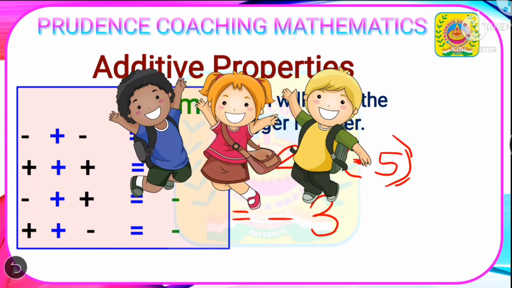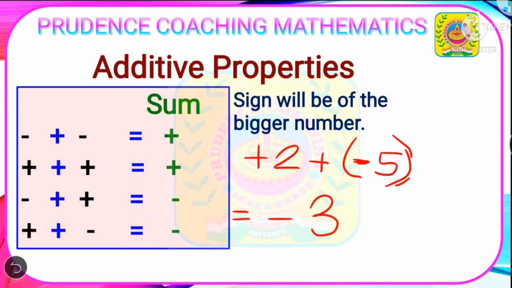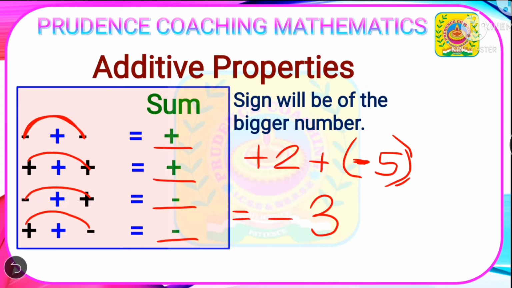Okay students, do you want to mug up all these things, means learn all these formulas? No need. Listen to me, what you will just learn. If the sign is same, as you can see here plus plus and here minus minus, that means sum will be positive. When the sign are different, that is here minus plus and here plus minus, then the sum will be negative. Okay, and sign will be always of the bigger number. Okay, so this is the conclusion. You will just remember this and solve all the sums very easily. You need not to mug up or learn all these things separately.